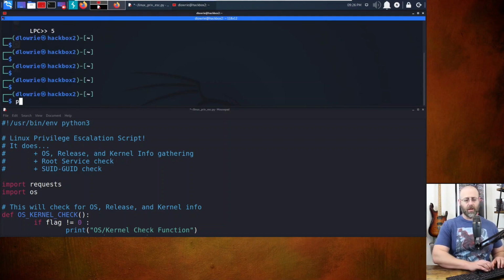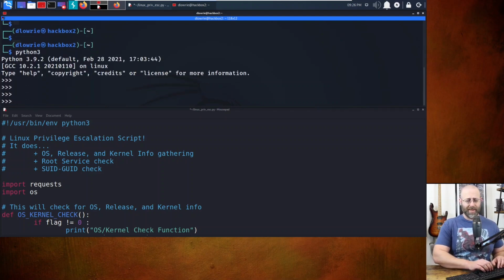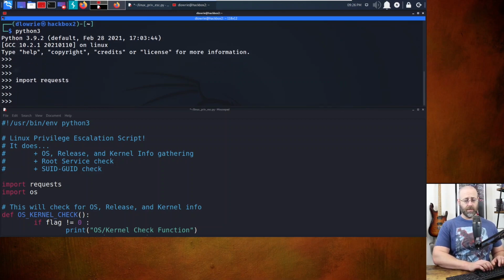We'll test up here. I'll just go into Python 3, not 4. It's not out yet. If it's even coming, I don't know. I'm just typing the wrong thing. So I guess what we're going to do is import requests. Like so. That looks good. And then we'll call it gtfobins, which will equal requests.get. Put in your https